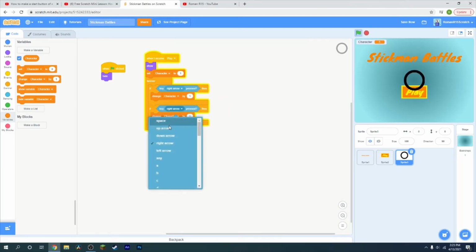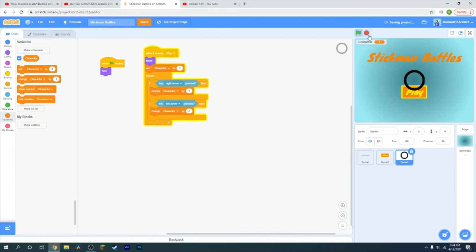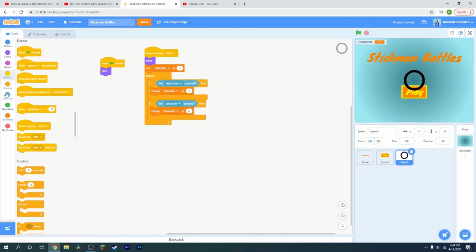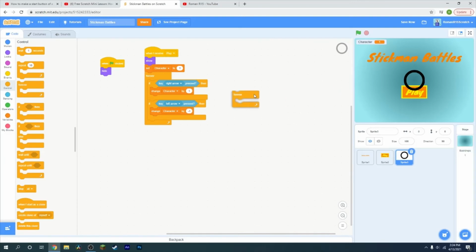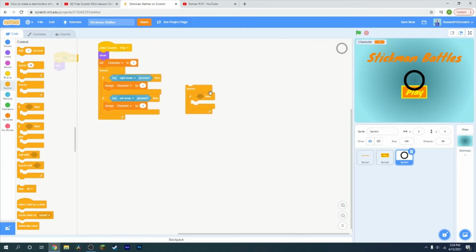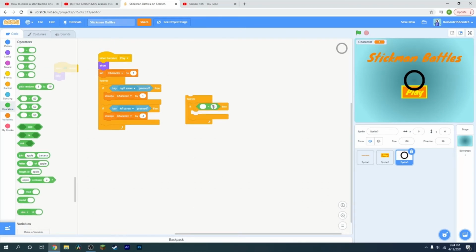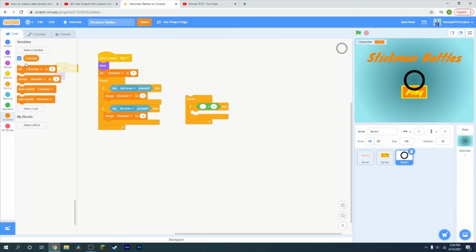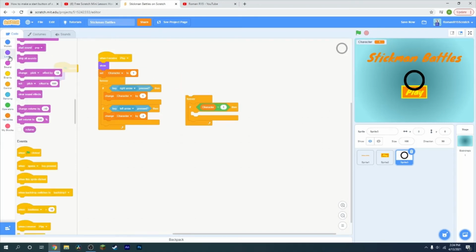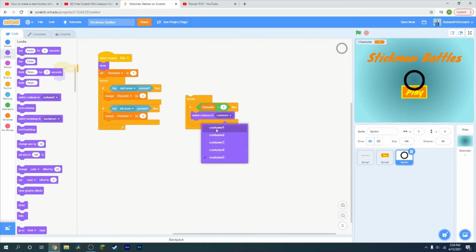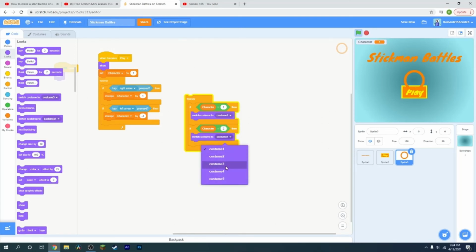If left arrow key pressed, change character by -1, and we'll do this. However, if character equals 1, it is costume 1, and then if character equals 2, costume 2, if it's 3,